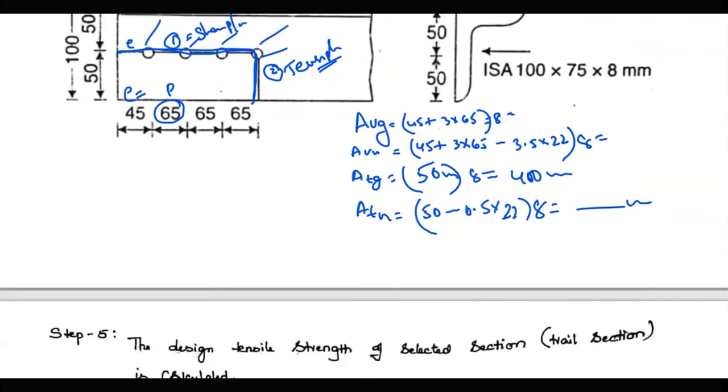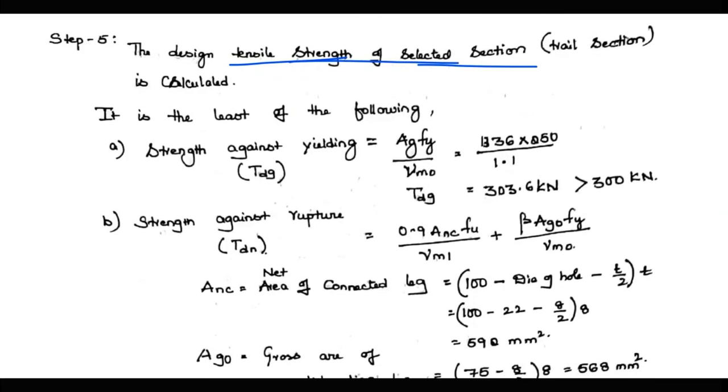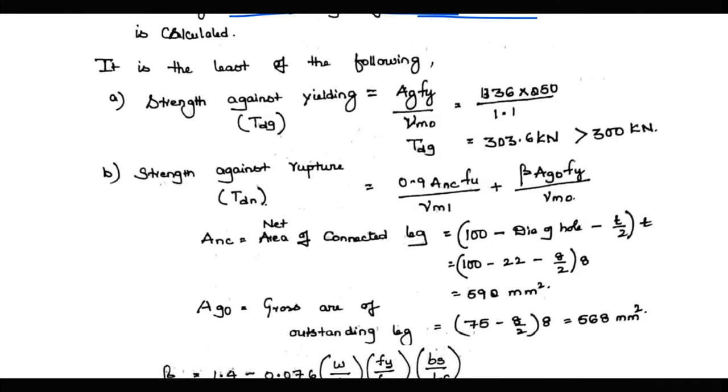Okay, so let us start with the calculation of design strength of the selected sections and let us check with that. In yielding, AG fy by gamma m0, let us find out, it is 3.6 kilonewton. If you do not know what is the AG, you can go to the steel table book and find out what is the AG, or you can simply find out the area by multiplying. You know the dimensions of the angle sections, right?